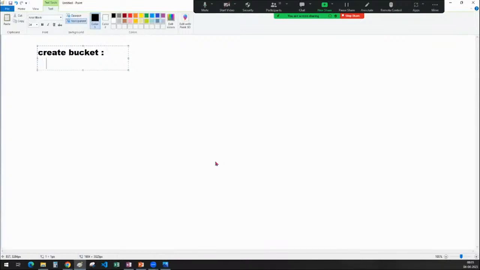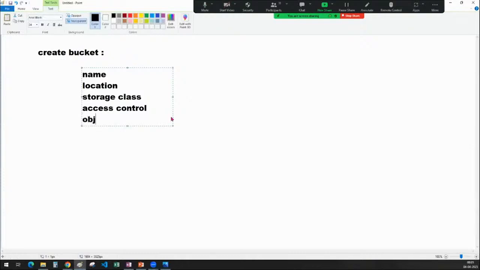You have to give a proper name to the bucket, and you have to select the location of the bucket, and you have to select the proper storage class for the bucket, and we have to select the access control, and we have to select the object versioning and retention policy. Tomorrow, while we are creating a bucket, all of these concepts we will see